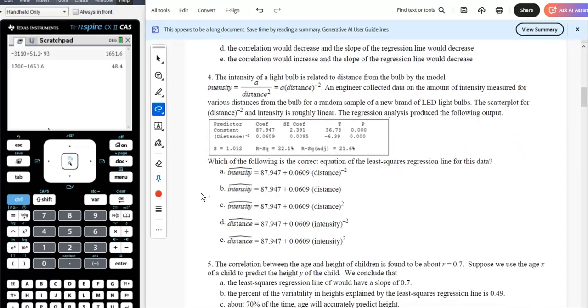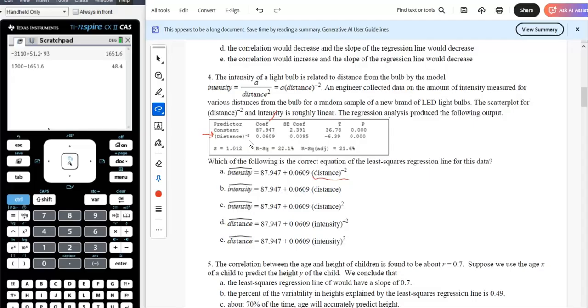Intensity of light bulb is related to the distance from the bulb. Engineer collected data on the amount of intensity measured from various distances. Here's the data. Oh, just write the equation. So x is distance squared. Does that say squared? Barely see. Okay, so I guess that's negative 2 power. So right away,